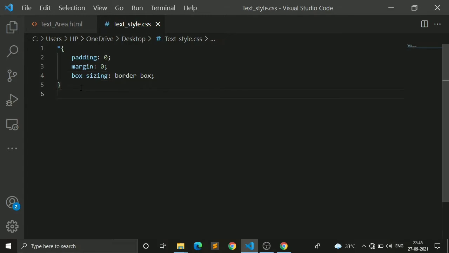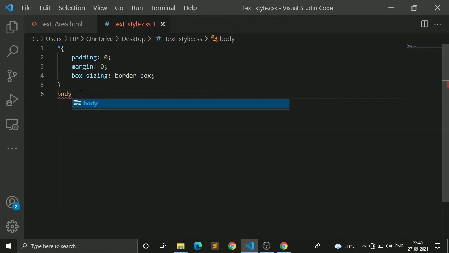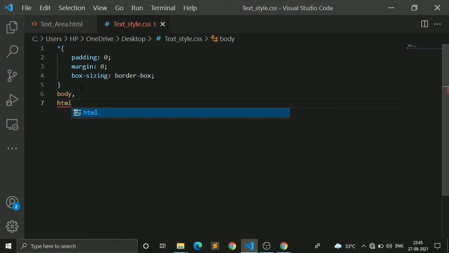In the next line I will select the body. There is no need to declare the body here, but in the upcoming property it is required, so I am already writing it here. And the next one is html, and I will apply height and width for it.